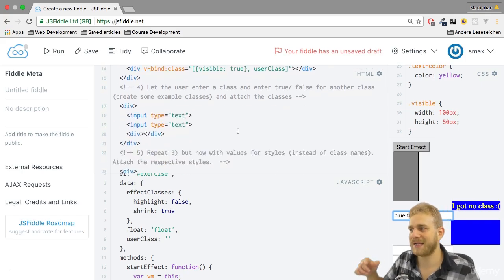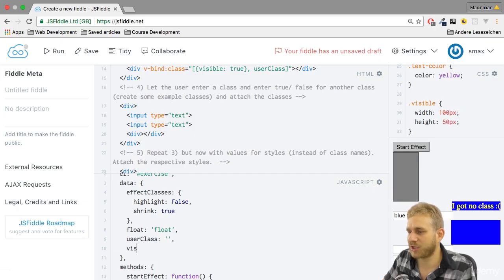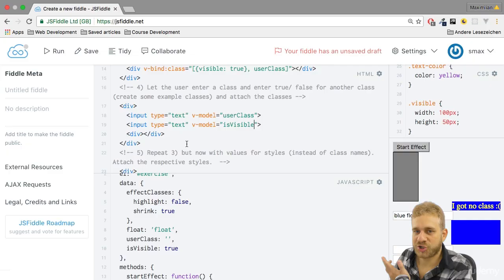In exercise number 4, I want to pick up on that. But now the user shall not only enter their own class, but also be able to switch this visible switch, let's say. So here I want to bind to a new property, which I haven't created yet, which I'll name isVisible. And I'll set this to true initially. I can therefore here in the first input still bind to, let's say, userClass. On the second input here, I then want to bind to isVisible